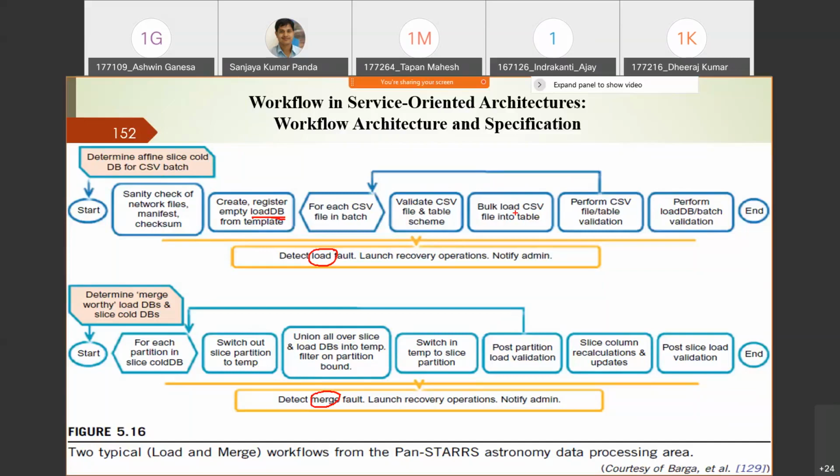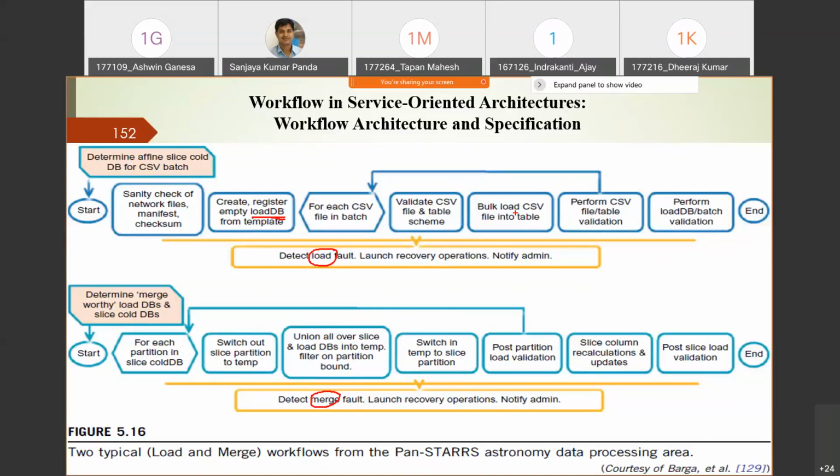If any file is not loaded or is corrupted, or its checksum is not correct, then you have to reload the file. Or if it is already loaded and in a later phase you are facing a problem, then you can go for the recovery operation. And in each and every case you have to report to the admin. So it is a very large activity of work.